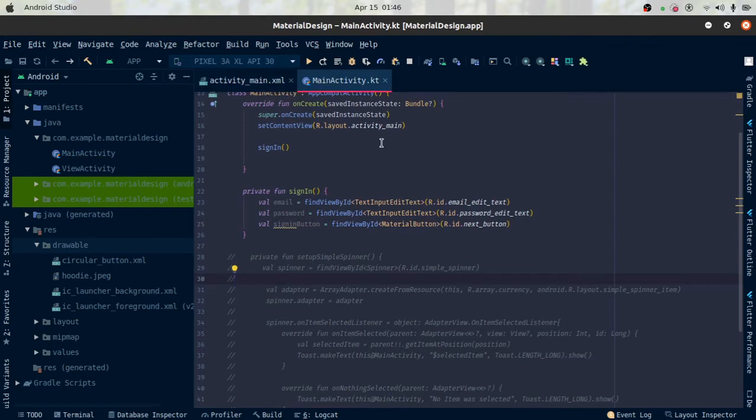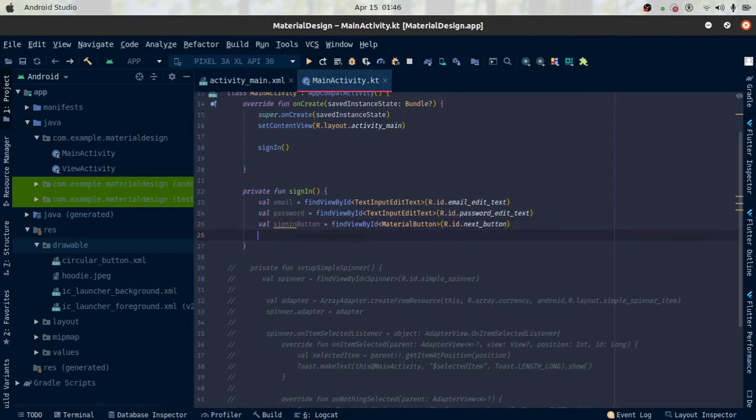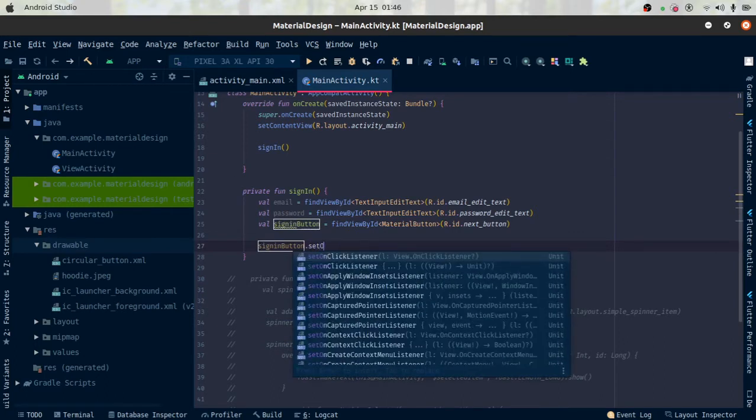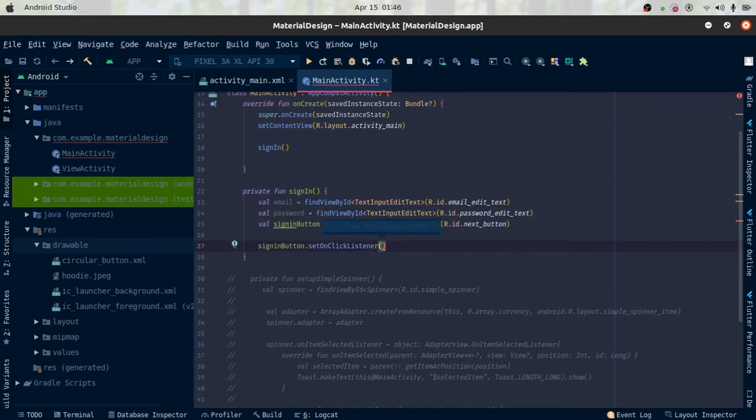So it's now time for us to start. So what we want to do is, when the user clicks the next button, like login, he inputs his email and password and then clicks the button. What happens then? So sign in button, we have to set on click. Okay, set on click. You can see set on click this now, and then